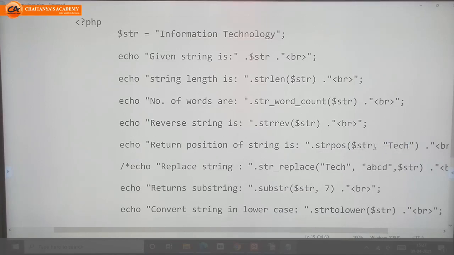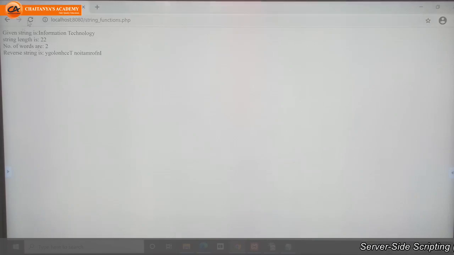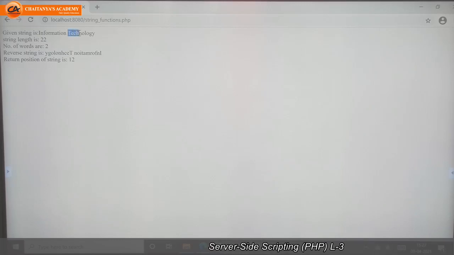First is your string name or your string, and second is the string whose position you want. I want to search tech. We'll see what the output will be. See, the returned position of the string is 12. Here the position means at what position the given string started. So at position number 12 this tech word started.